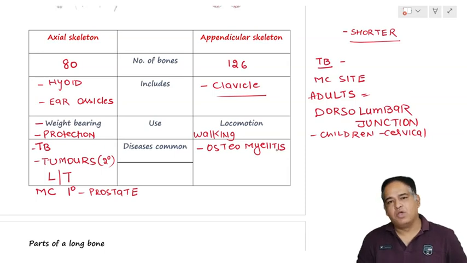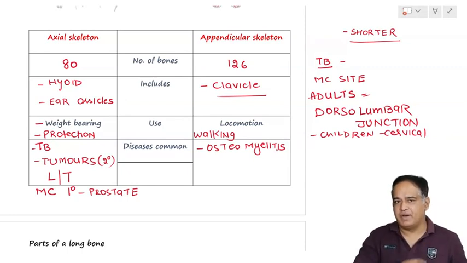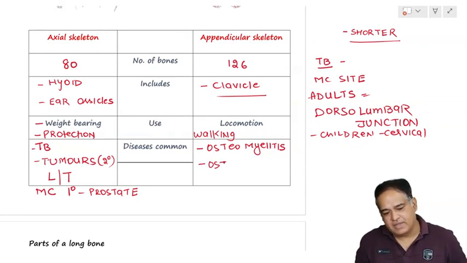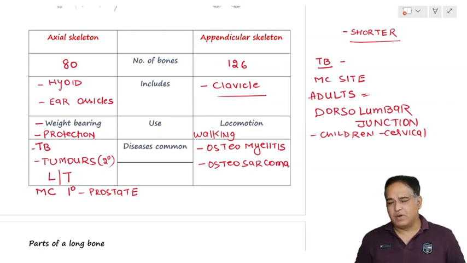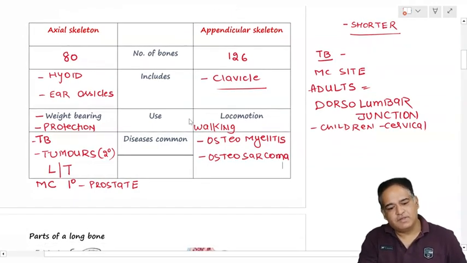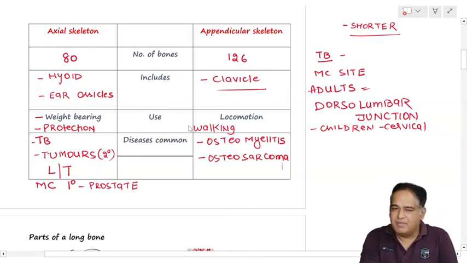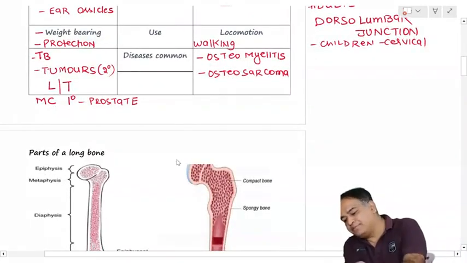Speaking about the appendicular skeleton, what diseases are more common? Osteomyelitis. Osteomyelitis is much more common in appendicular as compared to axial skeleton, right? Then sarcoma. Basically, we are talking about the orthopedics part only, right? More common diseases in the appendicular skeleton are osteoarthritis and osteosarcoma. The common primary malignant bone tumor,